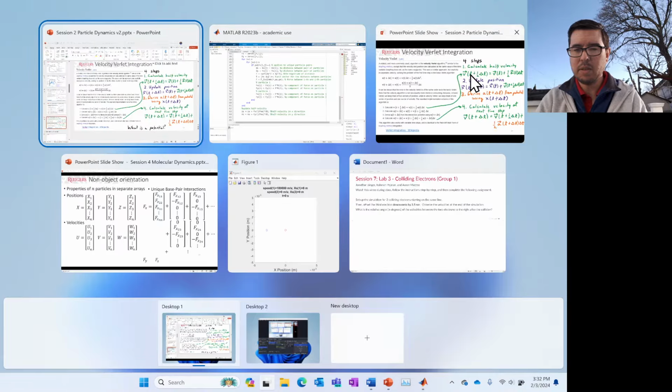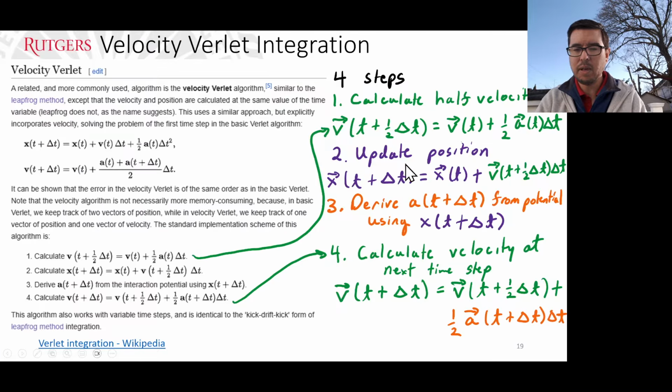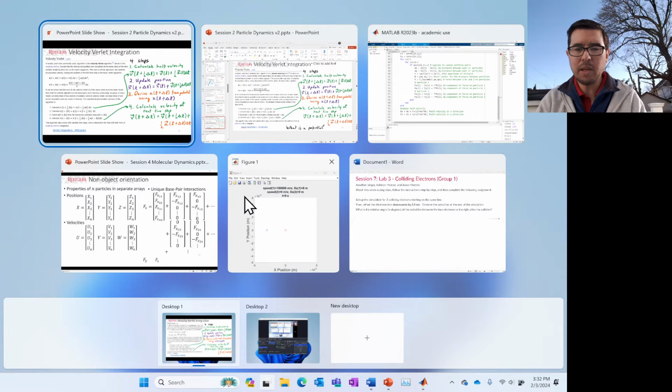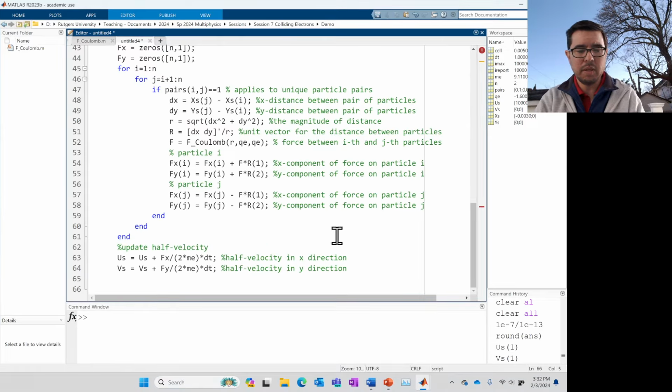Oops. Okay, so let's see. Is this it? Yeah. So we've got to update the position, based on using the half velocity that we've just calculated. So we have our current position, and we want to figure out where our next position is using the half velocity. So in MATLAB, what we do is we have an update on the position,